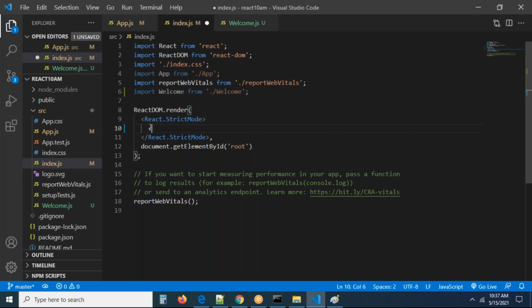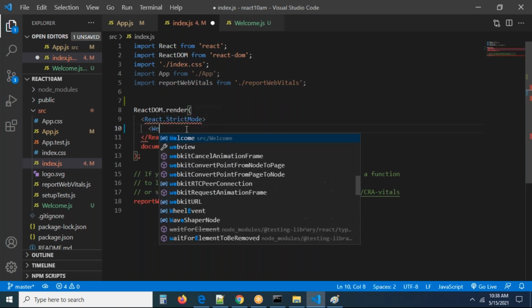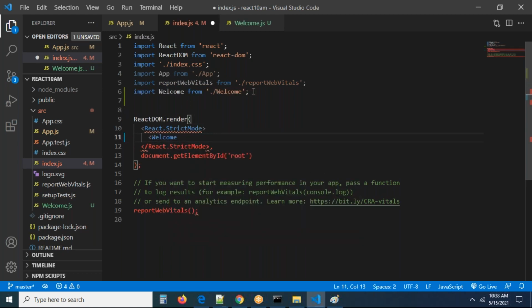After importing this, then you can write something called Welcome, right? If you write Welcome, that will work automatically. You can write it like this, you can write it like that, whatever it may be. Let us see, I'm removing it again. You don't have to write the import statement, just see I'm selecting Welcome. Can you see the suggestion is showing here? Click this. Now you can see the file gets automatically imported. That is the advantage of our editor. Now you can just close it. Open tag, close tag, already there.